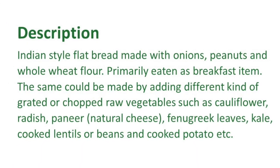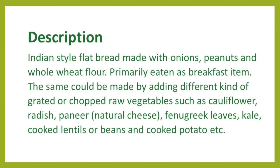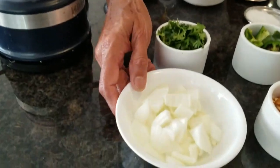Today I'm going to show you how to make peanut parathas. Parathas are an Indian dish and they are eaten as a breakfast item most of the time. This paratha will provide you protein, starch as well as some vegetables. For this you will need